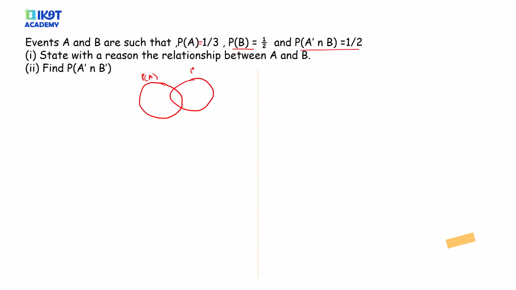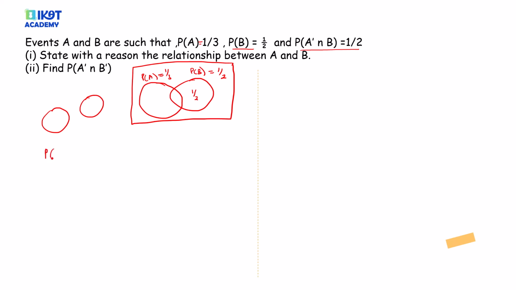However, now for us we are somehow biased because you already know the video is on mutually exclusive events, so you would actually just draw this. That's why I've said you first draw this, then you come and fill in. Now you have A complement intersection B. This is here, a half. I think you can already see the relationship: this a half and this a half. So that means this is 0, because probability of A complement intersection B is supposed to be probability of B minus probability of A intersection B. But for this case, this one and this one are equal, so that means this is 0.